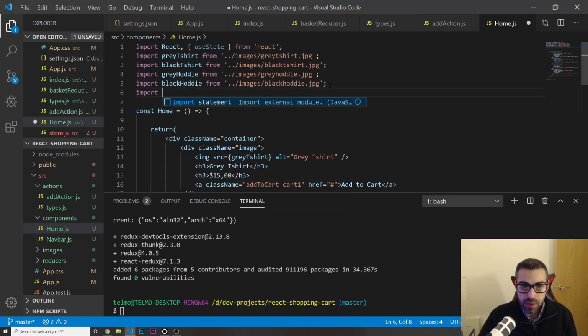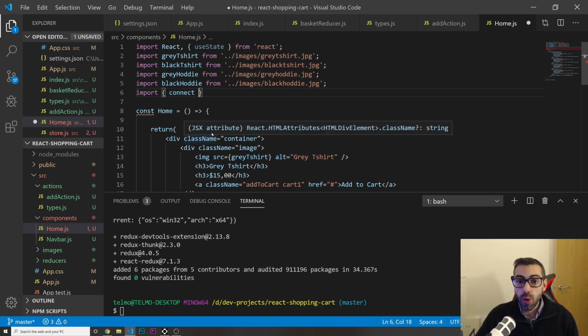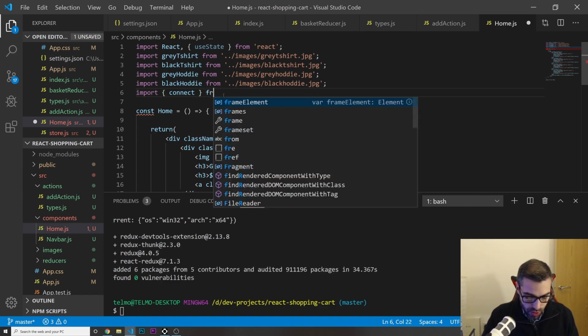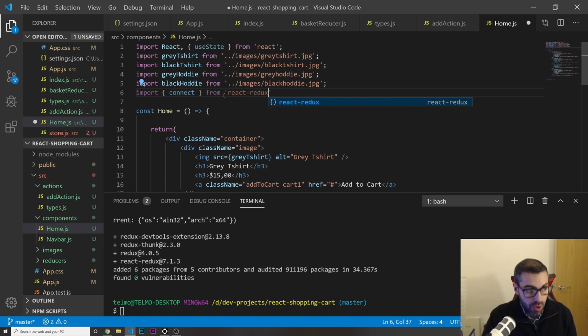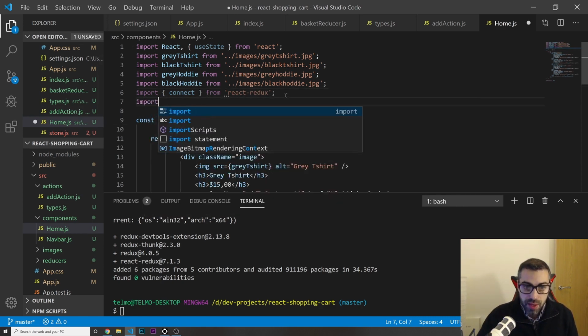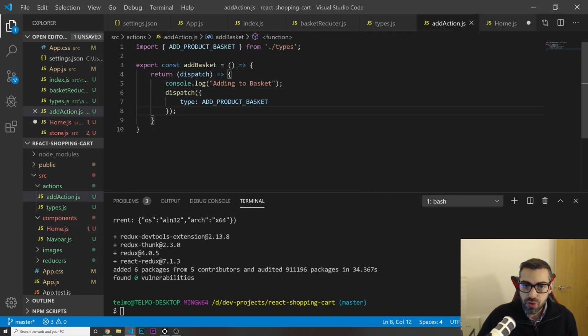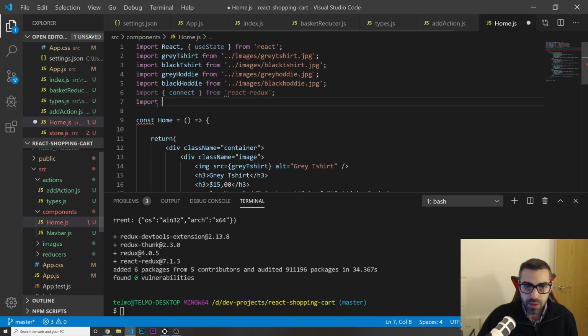import in here on the top connect, so I can connect Redux with this component, okay, the home where I have all my buttons. So import connect from react-redux. Okay, and I'm also going to import this function that I just created, this one, add basket. Okay, so I'm going to import add basket